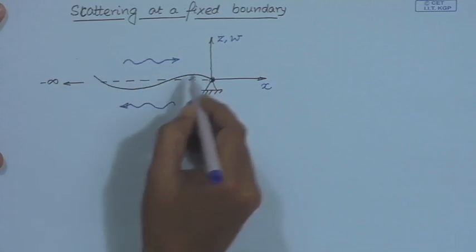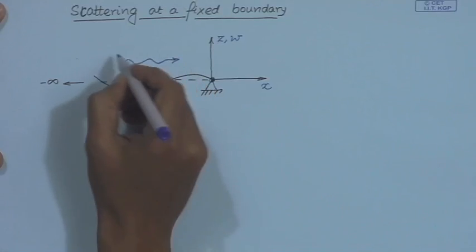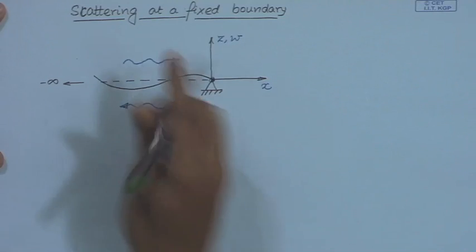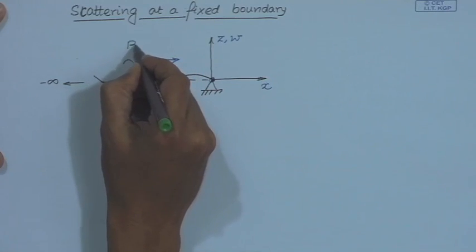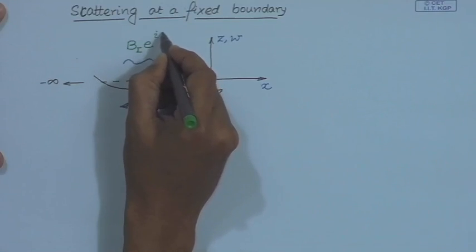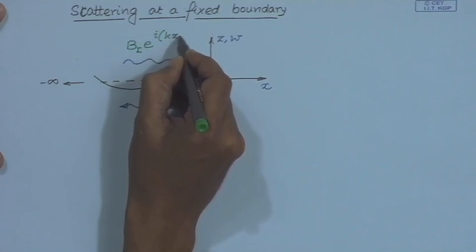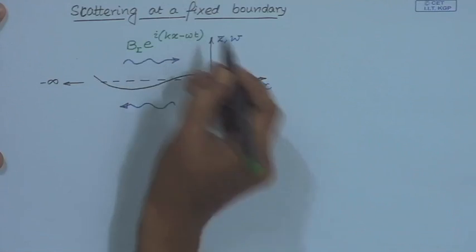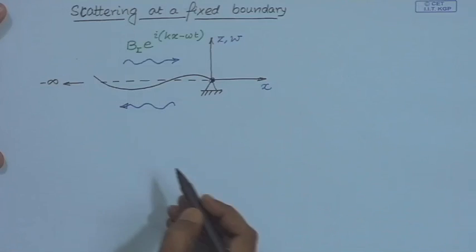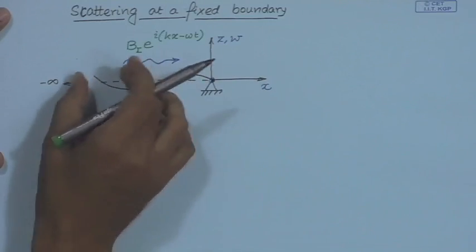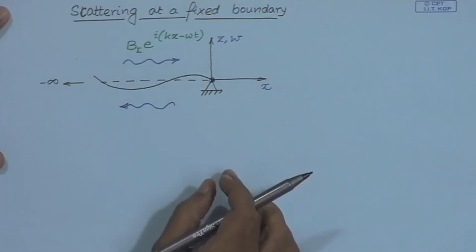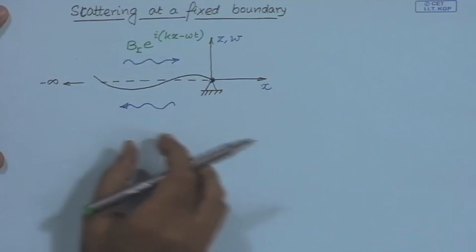Now, we are going to consider an incident wave which is represented by this expression. This is the amplitude of the incident wave, and this is the space time evolution. So, this is a positive travelling wave. Now, when this wave reflects,